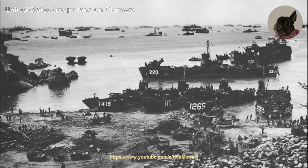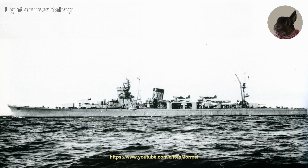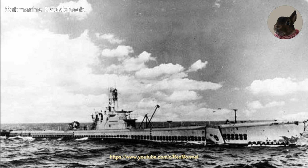After Allied forces invaded Okinawa on the 1st of April 1945, the Yamato was sent to Okinawa with the light cruiser Yahagi and 8 destroyers. Yamato was ordered to beach herself on Okinawa and to act as an unsinkable gun emplacement and continue to fight until destroyed. The ships set sail to Okinawa on 6 April 1945 and were spotted by the submarines Threadfin and